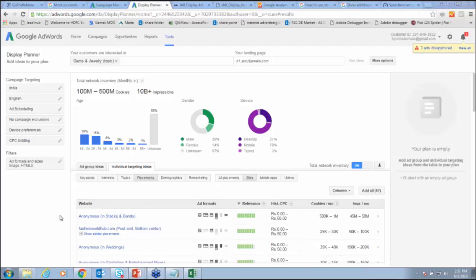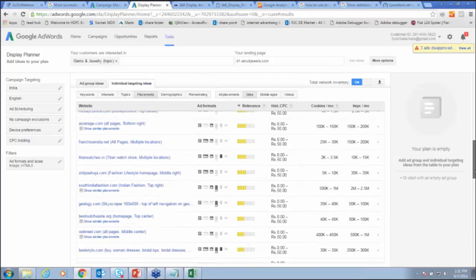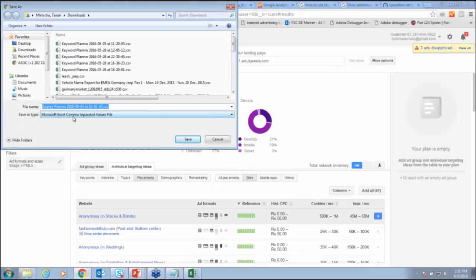So now the point is how to choose, which should I choose. There are so many websites. Again, we'll adopt the same methodology that we did at that time. We'll download this. After downloading this,